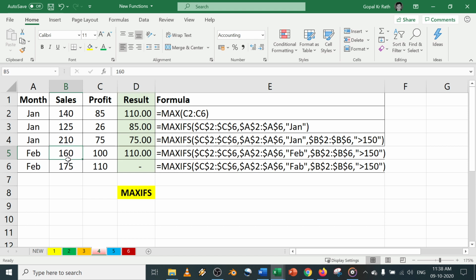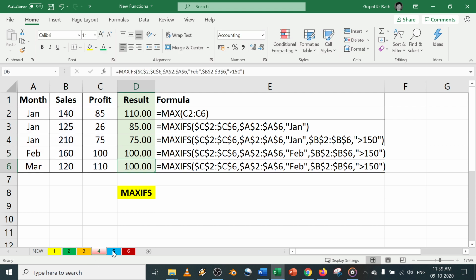Suppose these both are not greater than 150, then you will get nothing, right? For example, let's say 140 and 120, then you will get nothing, right? So you should be careful. Let's say I am twisting the formula to 160, so we will get the result, right?